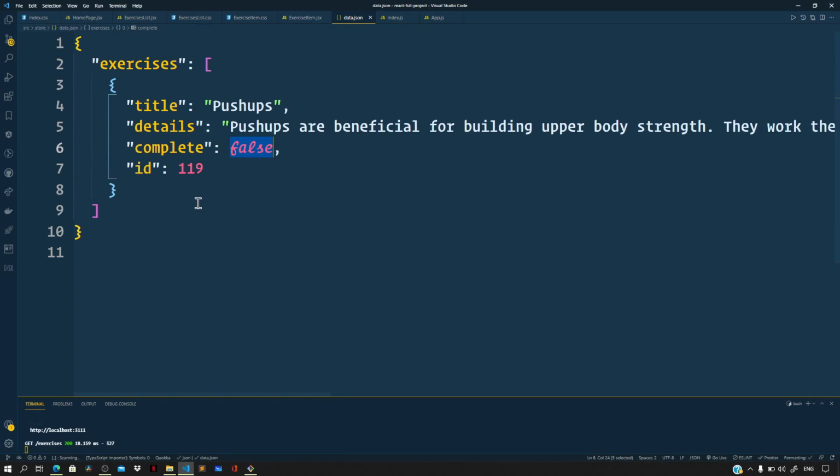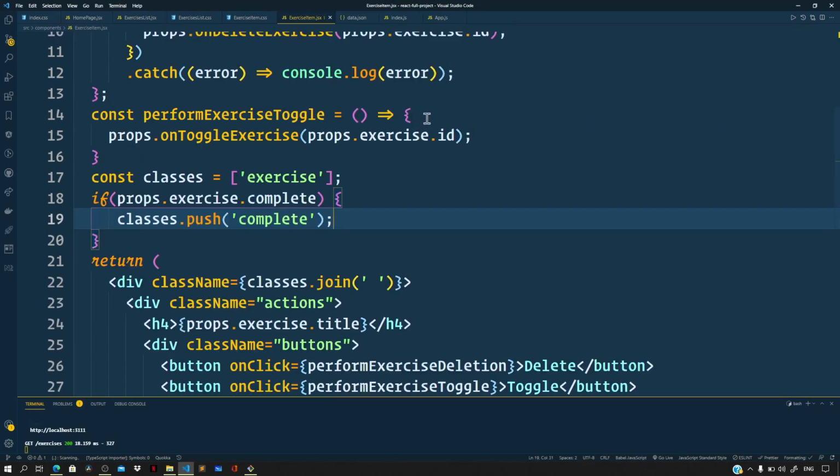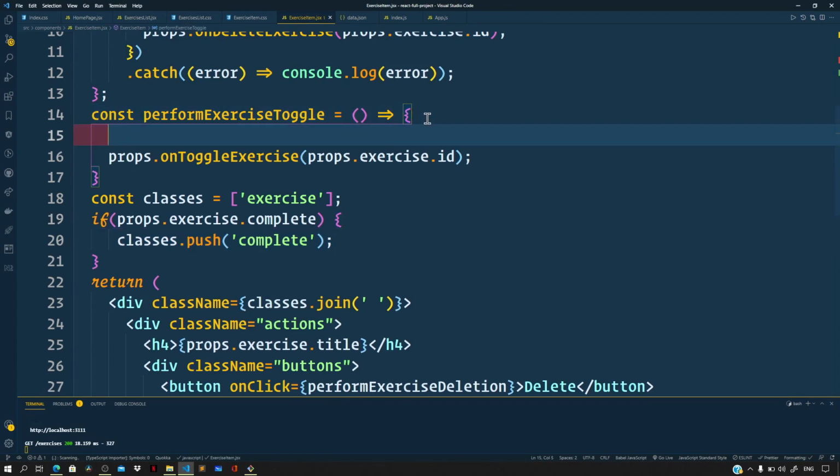So for this, let us first reach out to our JSON store via a fetch API call. So right inside our exercise item component, in our perform exercise toggle function, we need to make a fetch call to http://localhost:3111/exercises, and here let us interpolate the exercise that we receive on the prop and access the ID property on it. So we want to target this exercise via its ID and toggle the completion status for this exercise